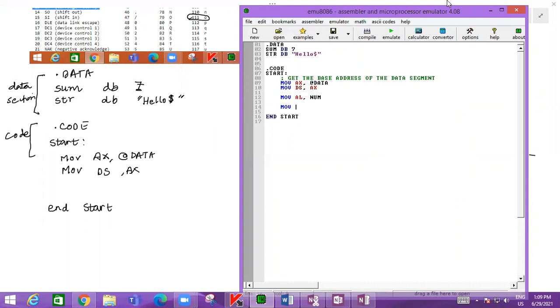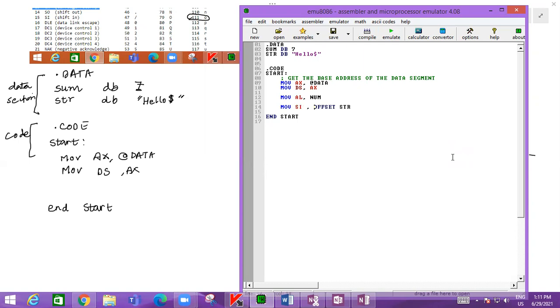So first we have to get the base address of the string, and then we have to get each character. So we'll get the base address, the offset address, that is the offset of the string, into the source index register.